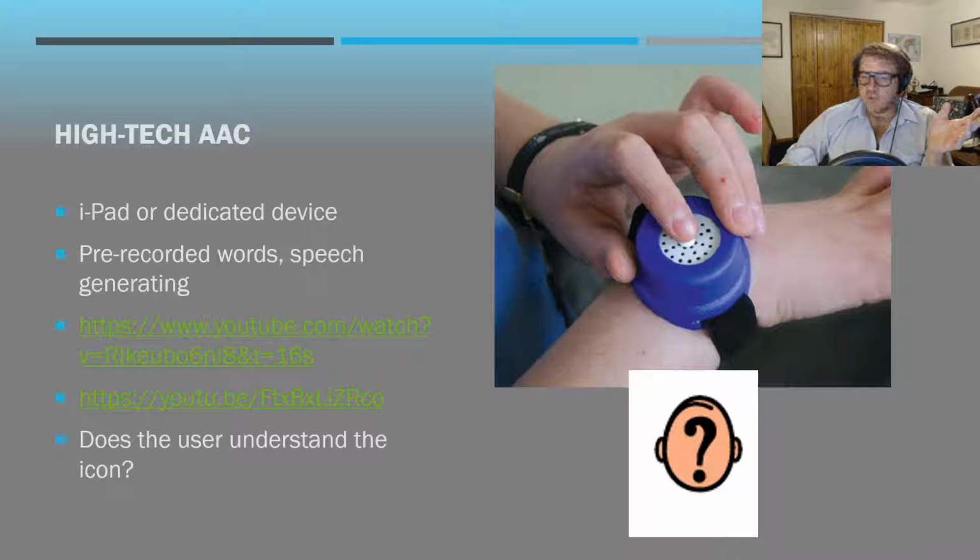There are also these types of things that you can push on. This is one that's worn on the wrist. You can pre-record a message on that. And so you can wear that to play a particularly important message. One of these YouTube videos that I have here is a person who has typed messages into their communication device and then uses them to communicate with people around town. The other one is an SLP who has taught their dog, Stella, to use these AAC devices to communicate, which is